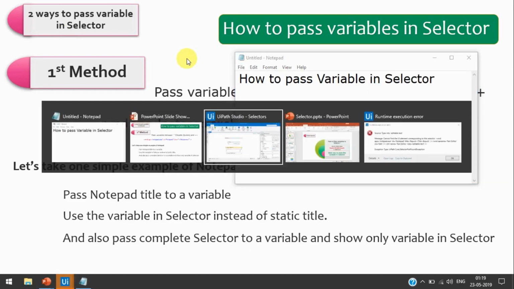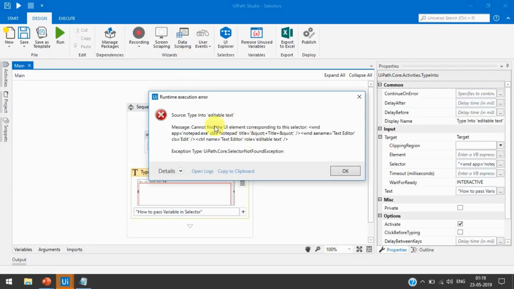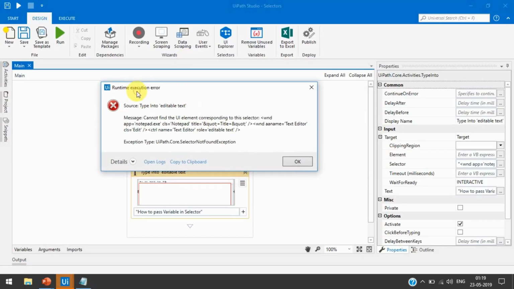Okay, now we see here we have got an error, a runtime execution error. It is showing window app equal to notepad.exe. As we check here, Notepad is already opened. The cls equal to notepad is also right, but the title equal to is showing a quotation plus title plus.